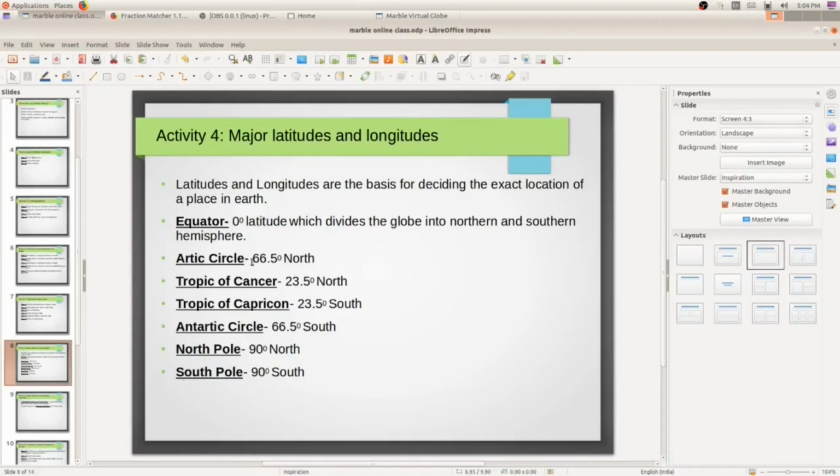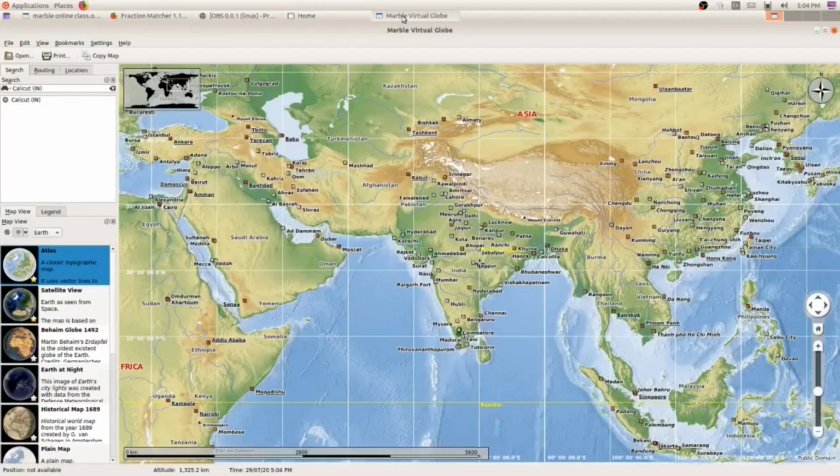And also from this, which one is the major latitude passing through India? In the last class I have shown you which one is the major latitude passing through India. Yes, Tropic of Cancer. I will show it now.